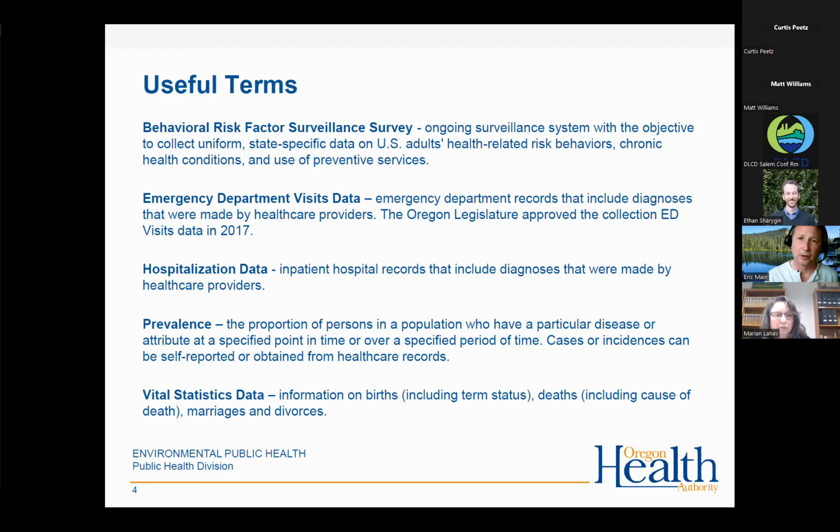Prevalence can be either self-reported or come from healthcare records. And then vital statistics data is information on births and deaths. So just going back from the top, the BRFSS data is really great for health outcomes like diabetes because you don't see a lot of patients go into the emergency department or hospitalization directly for diabetes. Diabetes is like the underlying cause for a lot of things, but people usually go in